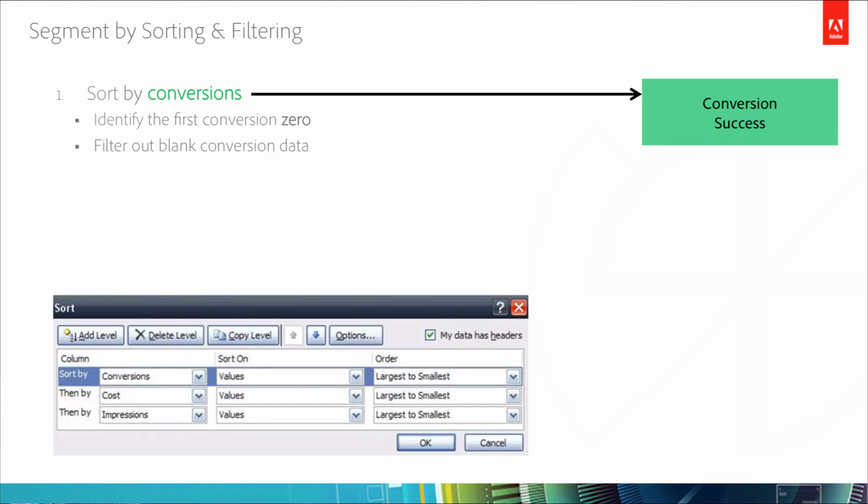what are you going to do for the other 95% of my keywords and campaigns? Because it's only that one sliver of them that actually converts. And so I went back to the drawing table and I said, okay, when that conversion that I really want to work with is empty or 0, I want to fall back to the next best thing. And for many of us, that's cost.